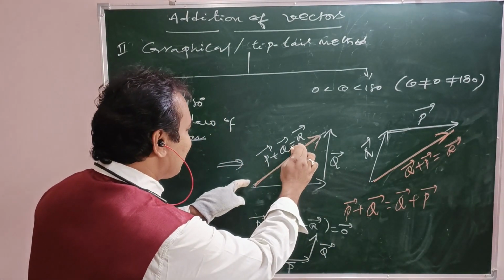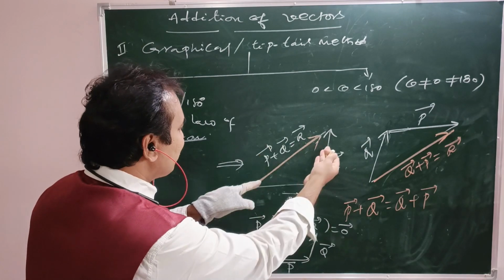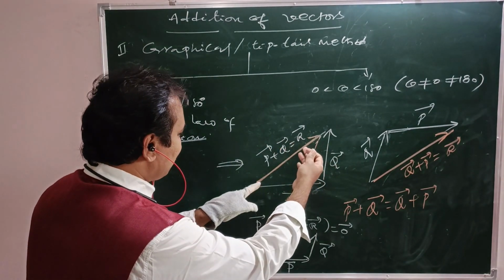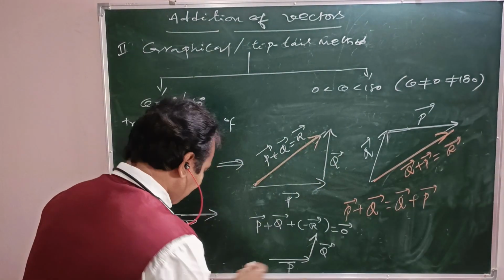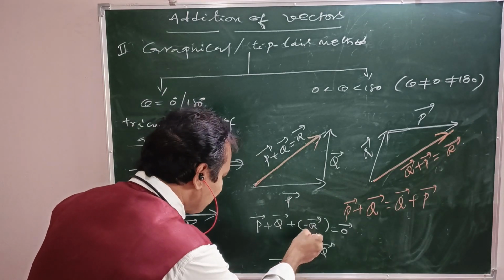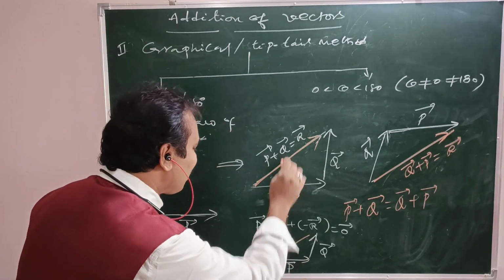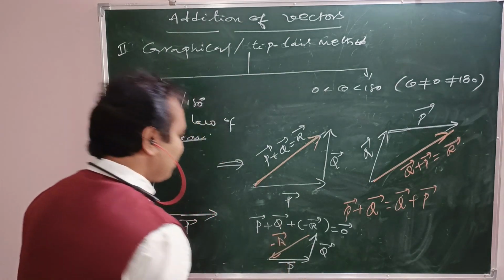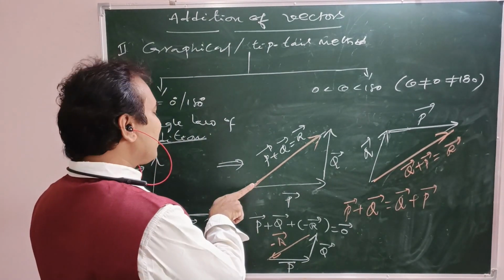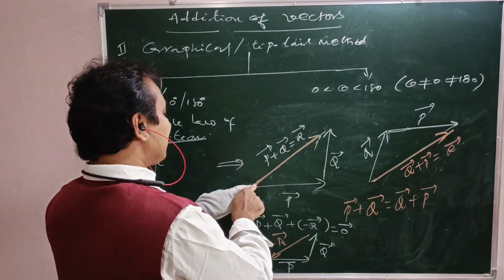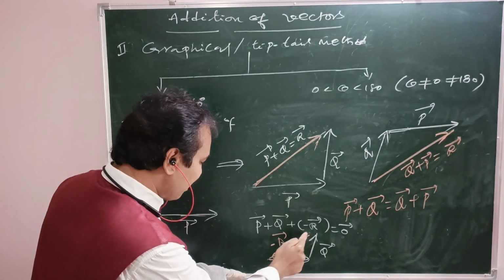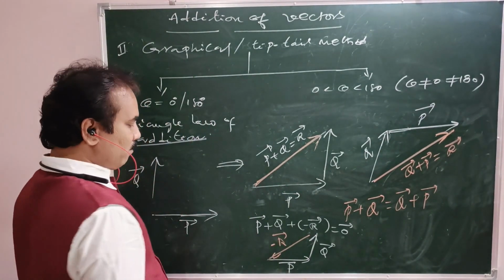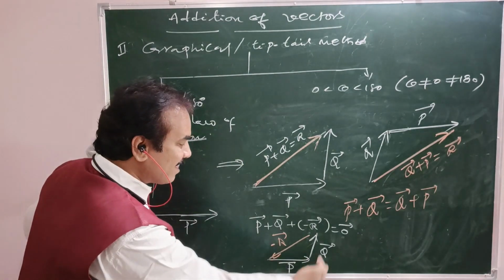Now whatever this side means, it is to be flipped end to end like that. See, this is R bar or minus R bar. Definitely this is minus R bar. See, R bar is from here to there. This is the tail, this is the head. Now this is the tail, this is the head. Means minus R bar. See, all the three vectors are taken in the same order.